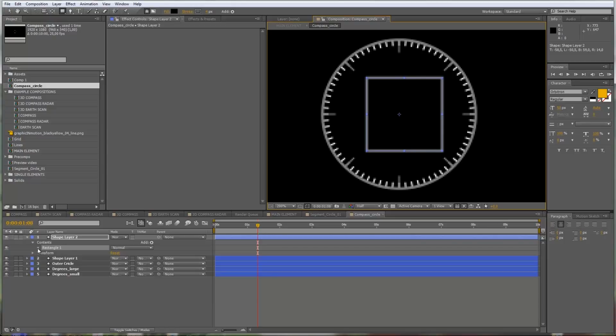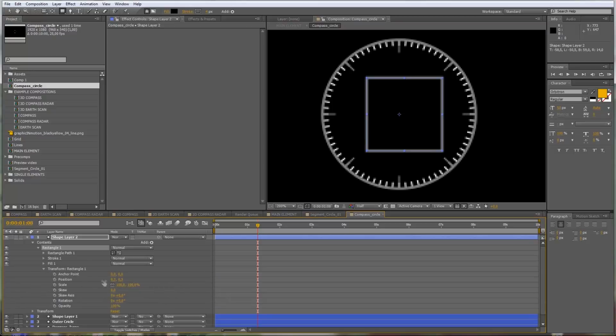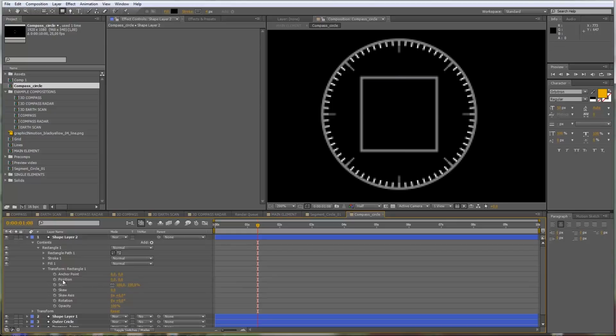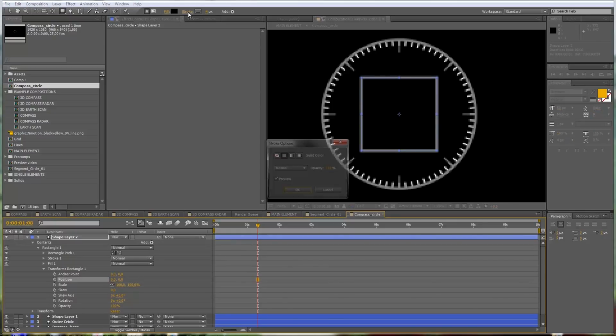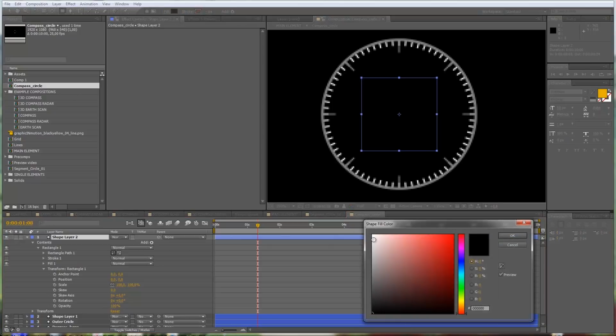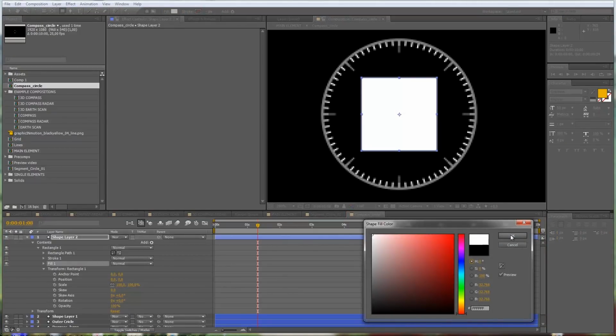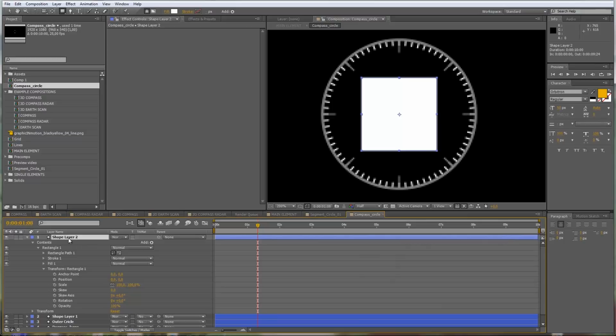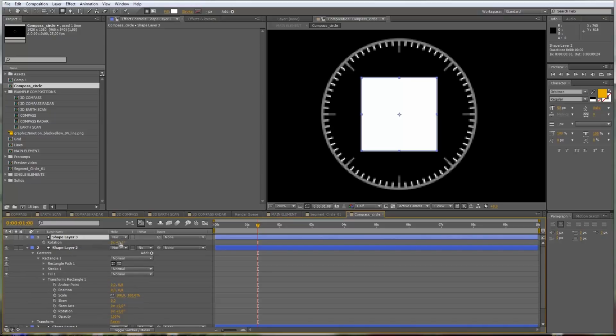And now I want to change the transform settings here to 0, 0, so that I know that it's really in the middle. And I do not want this to have a stroke, no stroke, but I want to have a fill on this one. So I change my fill color to white this time. Okay. And now I just want to duplicate this. And this time I will rotate this to about